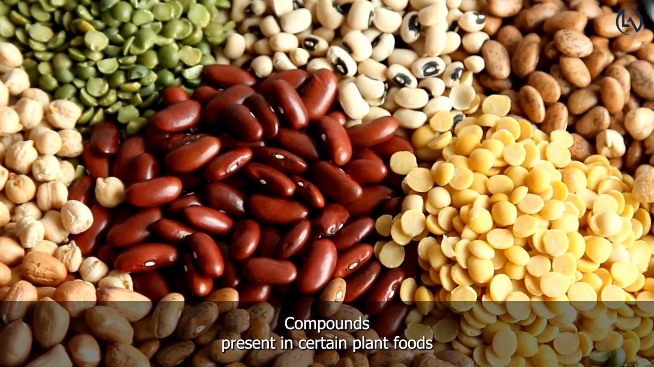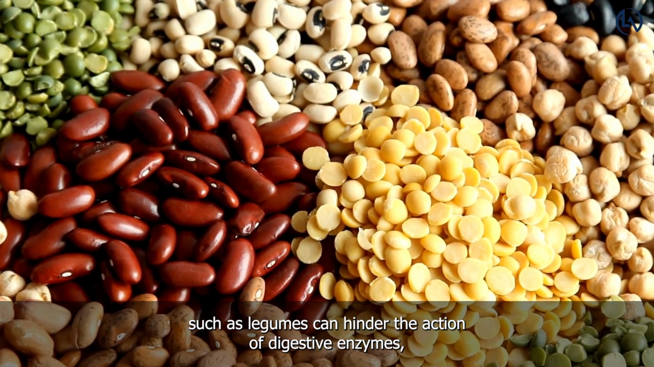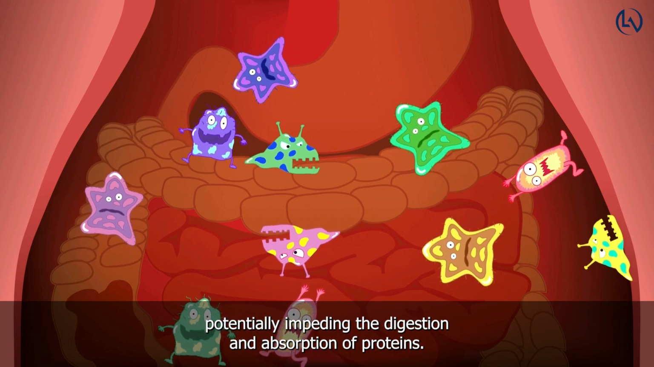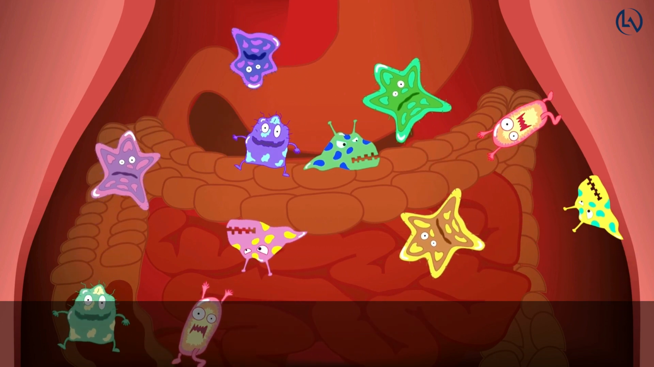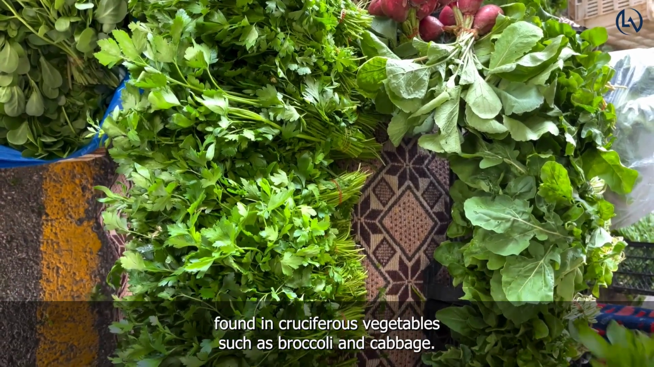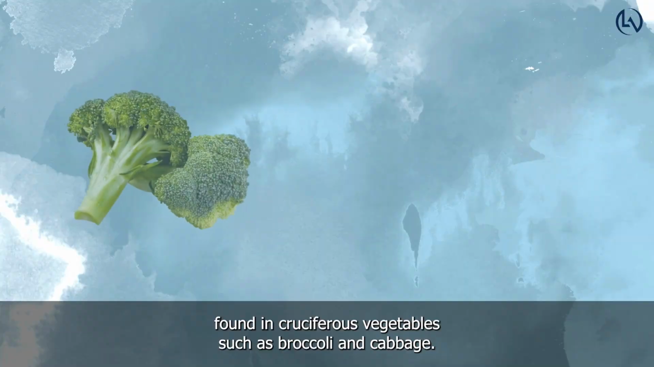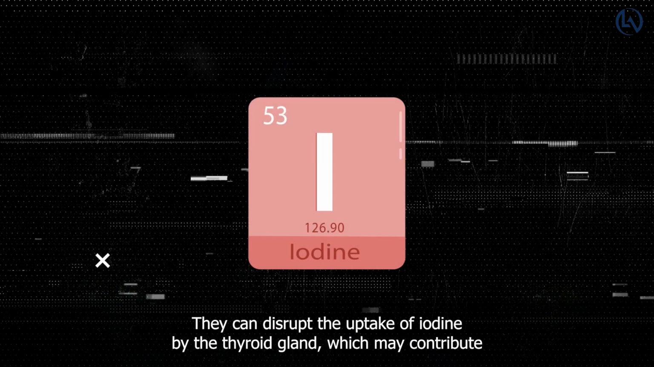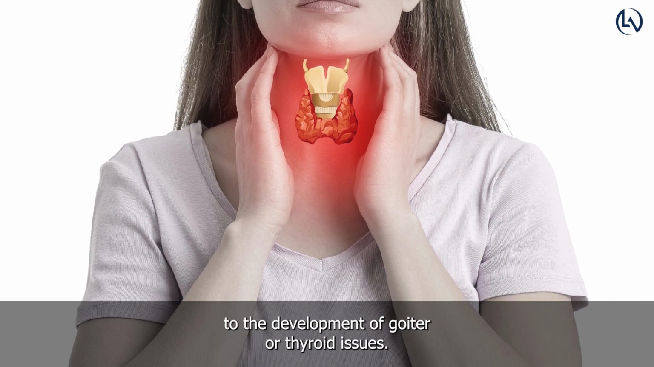Compounds present in certain plant foods, such as legumes, can hinder the action of digestive enzymes, potentially impeding the digestion and absorption of proteins. Goitrogens. Goitrogens are substances found in cruciferous vegetables, such as broccoli and cabbage. They can disrupt the uptake of iodine by the thyroid gland, which may contribute to the development of goiter or